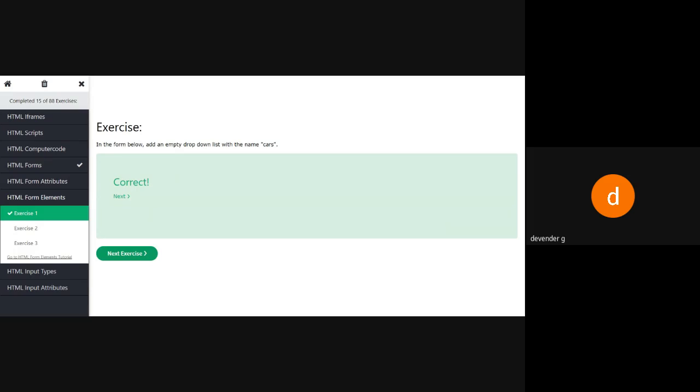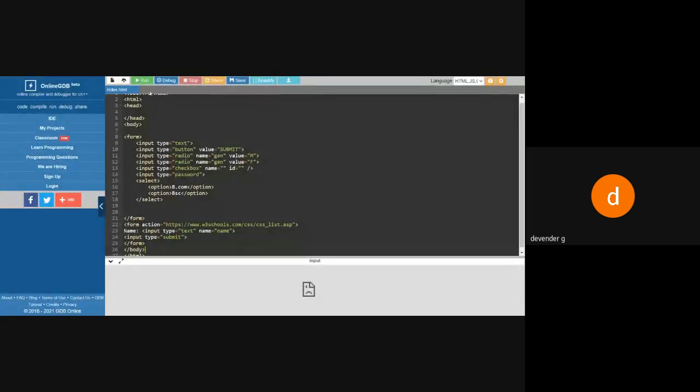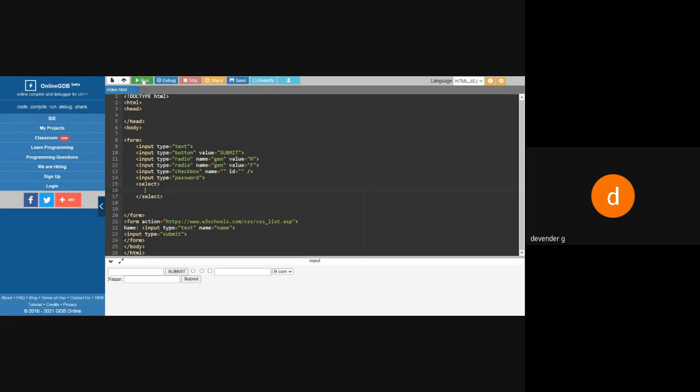We have seen how the drop down items come. If you see the output of this, we are getting the drop down here with MCOM and BSc. If you don't want this, simply you don't write the option. If you remove this and run it, you will get the drop down without any values. So this is an empty list. This is what you wanted as the answer.